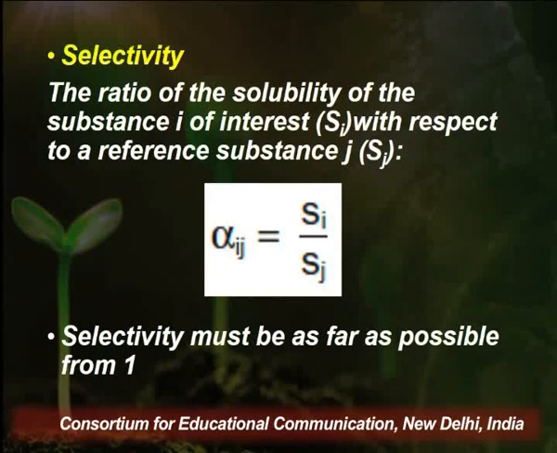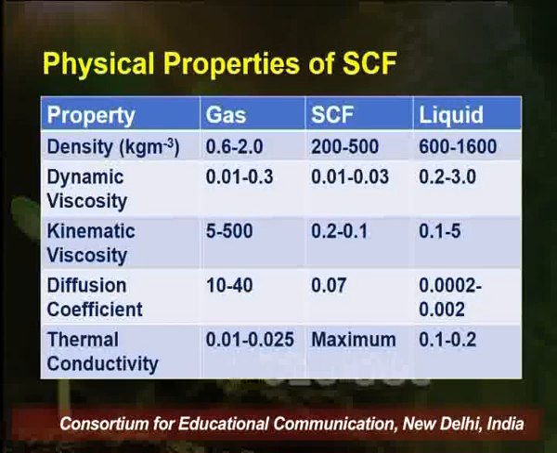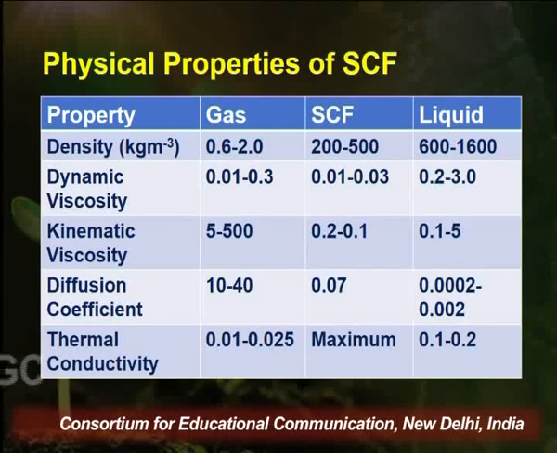desired compound. So in order to extract the compound of interest, the selectivity should be very high with respect to that particular solvent, and therefore its value should be away from 1. As soon as the selectivity value reaches 1, the effect of selectivity decreases, and therefore other compounds also get extracted. Now in this table you can see the properties of a solvent when it is present in a